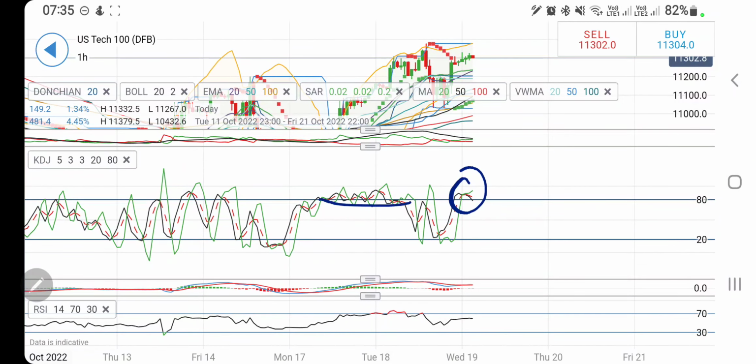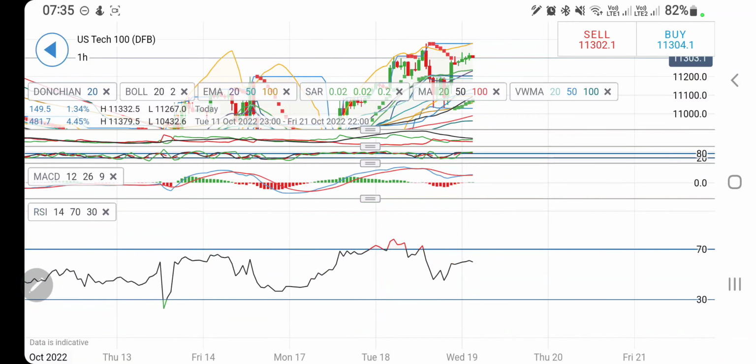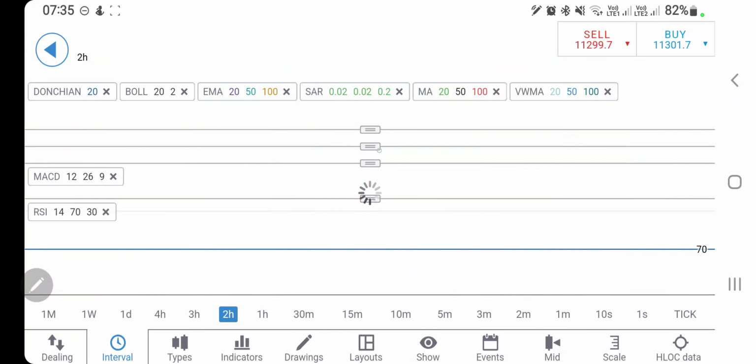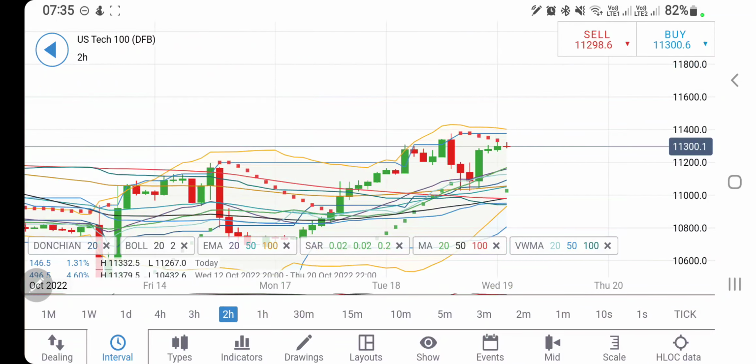Stochastic is overbought. It traded for a few hours extremely overbought. Now again back to this zone. The MACD has crossed over and it's trading in green. I'll wait for it to sustain this because it is right now converging, indicating bearishness. RSI is looking downwards. And if you look at the 3-hour charts,